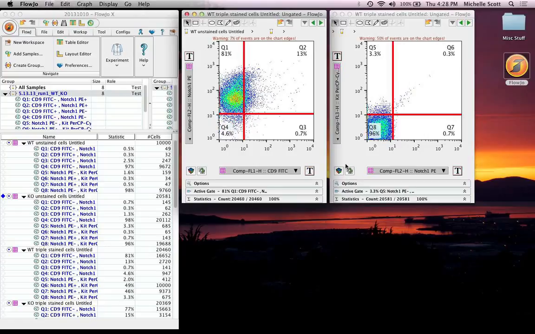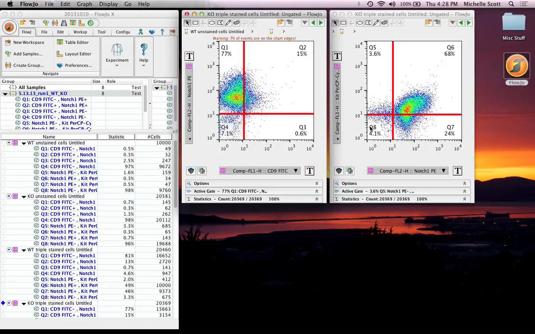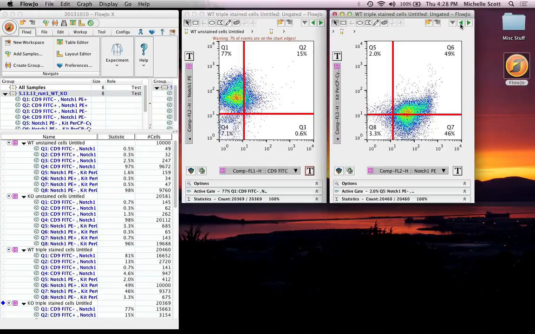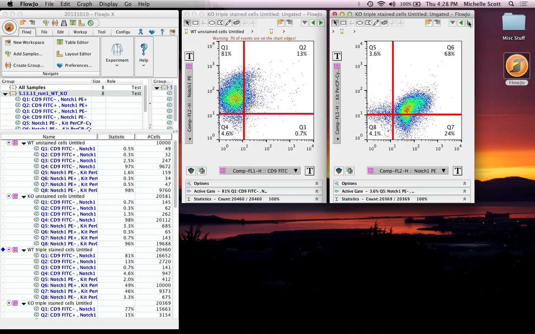Increment forward. So this is our triple stained, wild type triple stain. Now let's increment up to our knockout triple stains. So you can see there is a bit of a difference here in the Notch versus Kit graph. If we go backwards, you can see it's a subtle change, but it is a change. Okay, so just for a second, I'm going to